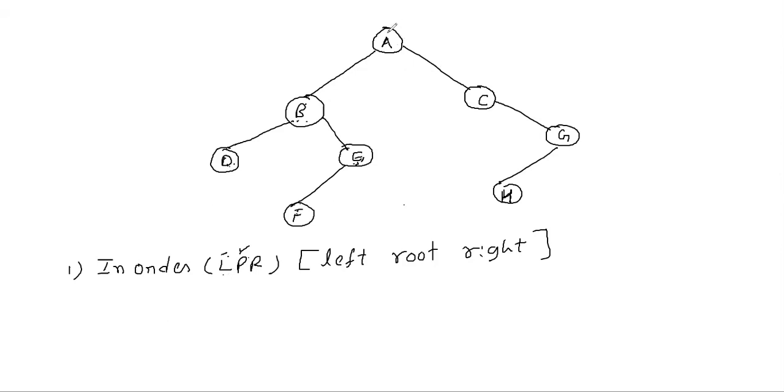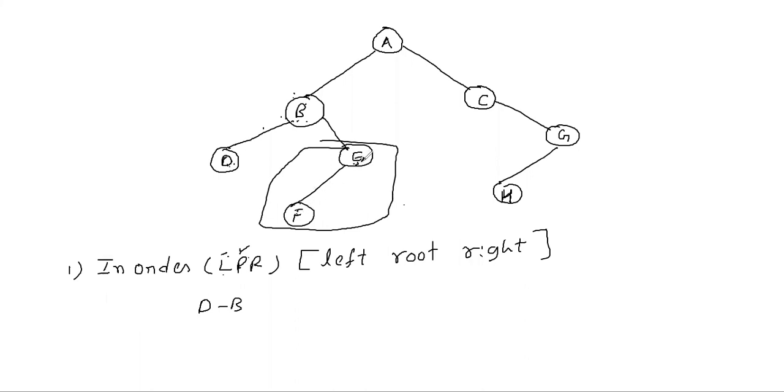First, come to the tree. For the tree, go to the left side, vertex B. For B, check whether there is any subtree. Yes, there is. B has two children, D and E. So go to the left side. What is there? D. Write D. After writing D, left is completed. Parent, who is the parent? B. B is the parent. Now come to the right side. E also has children, so assume this as one tree.